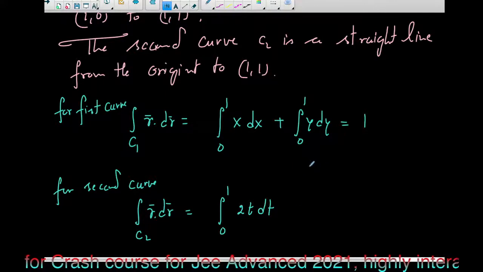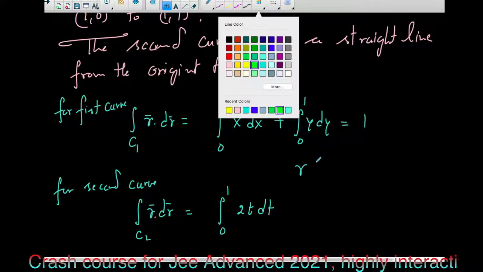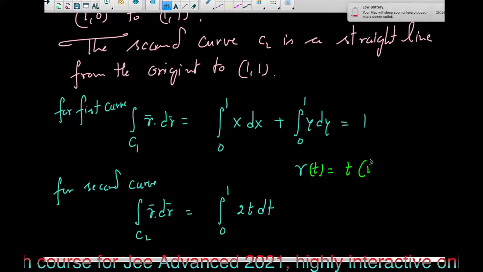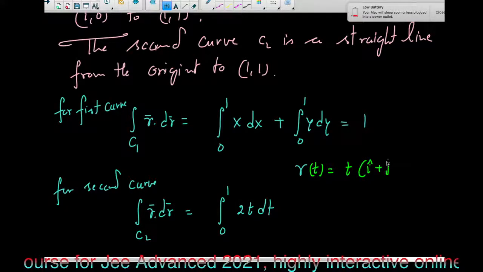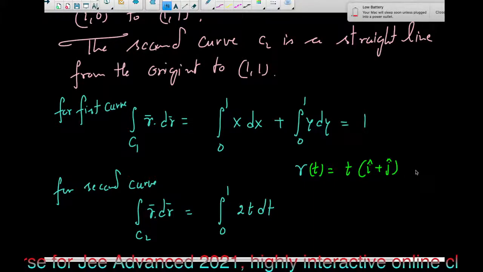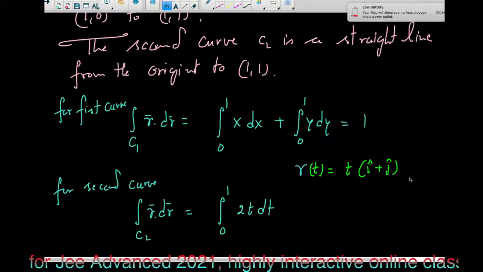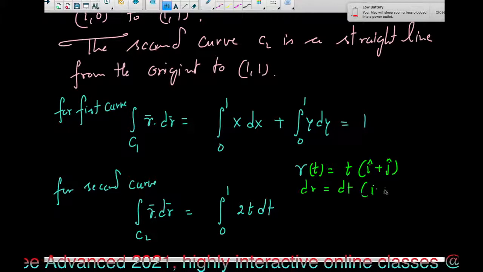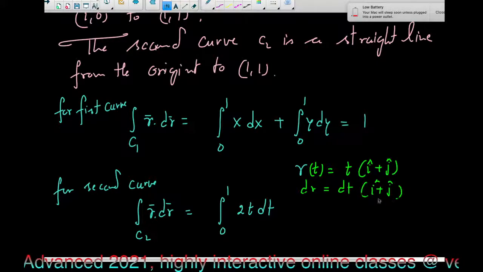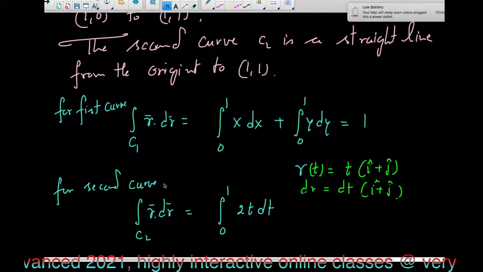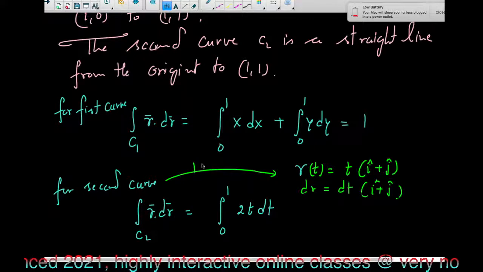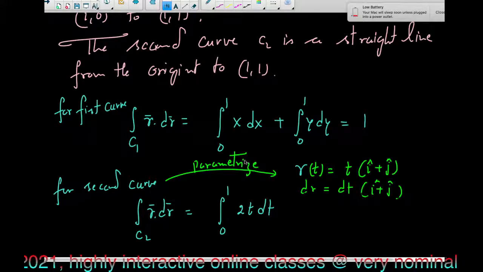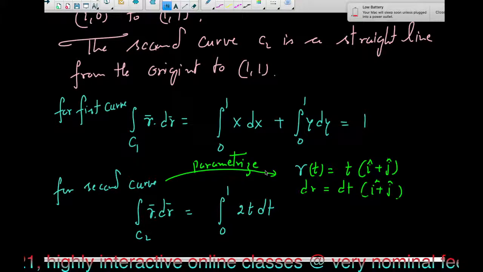और द सेकंड कर्व पैरामीटराइज कर दो, कैसे, r of t is equal to t अंडर ब्रैकेट i plus j यूनिट वेक्टर, राइट, as t goes from 0 to 1। सो dr इक्वल टू क्या होगा, dt अंडर ब्रैकेट i plus j, समझ में आया। फॉर द सेकंड कर्व को क्या करें, पैरामीटराइज कर दें, पैरामीटराइज कर दो भाई सेकंड कर्व के लिए।